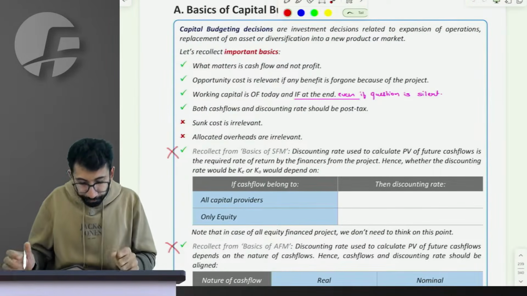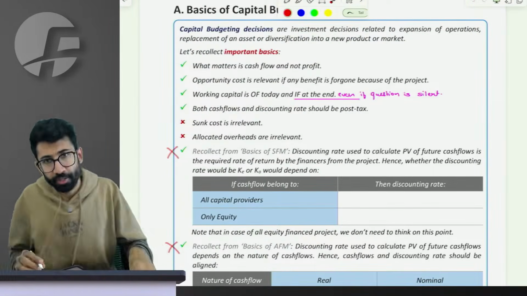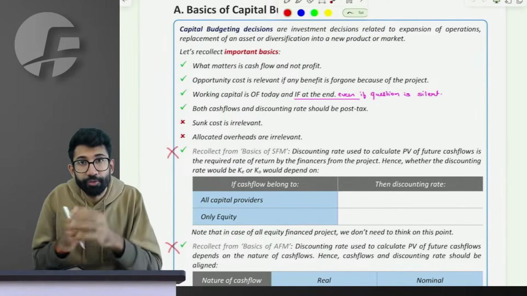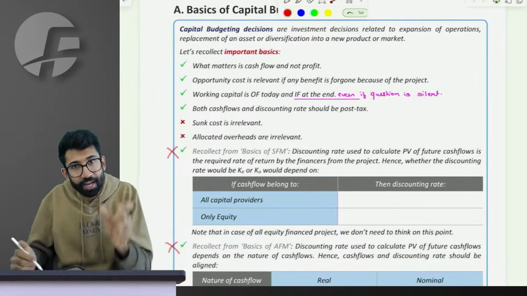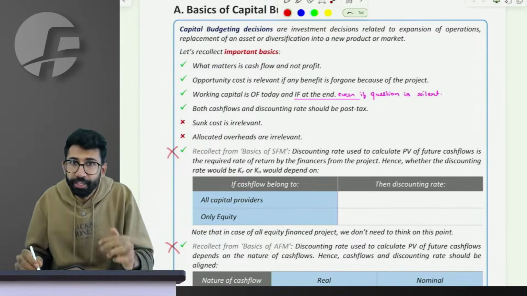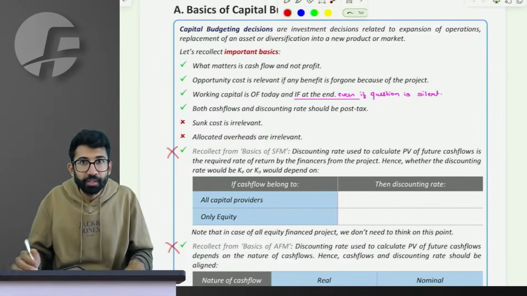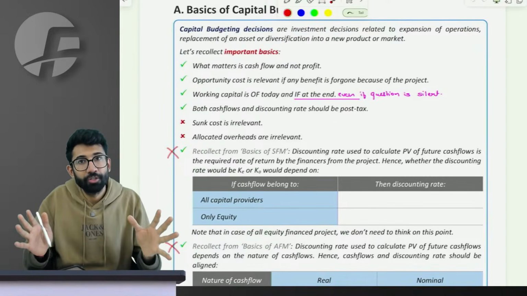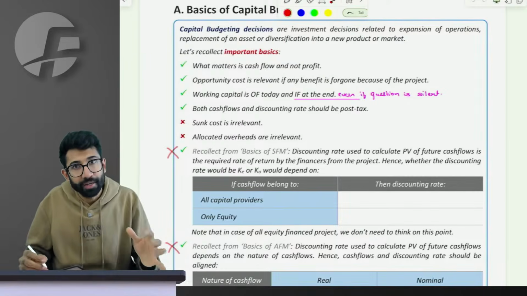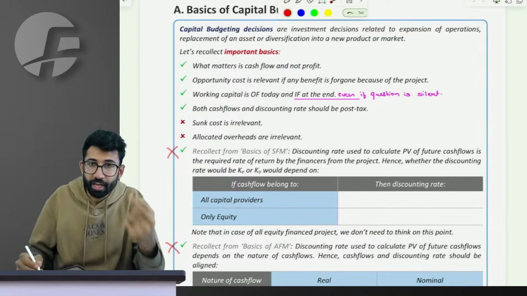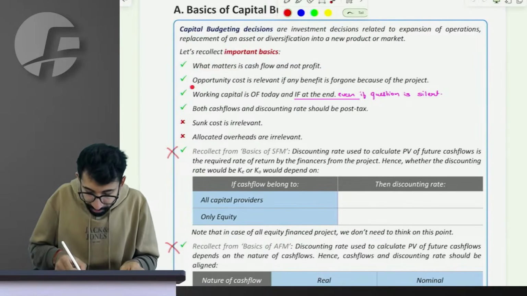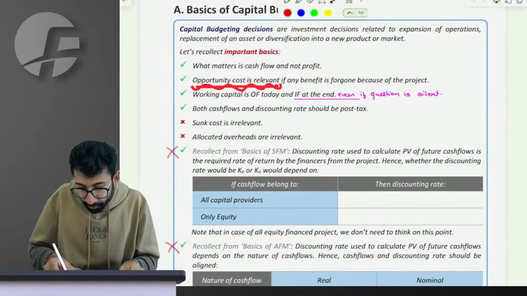So first of all, whenever it comes to capital budgeting decision, all of you should know that it is not the profit of the company that matters to me, it is the cash flow of the company or any project that matters to me, which means the calculation of NPV or IRR or any other thing related to capital budgeting, right, is primarily calculated on cash flows and not profit. So first is this. Second, you have to realize that opportunity cost is also relevant, right?